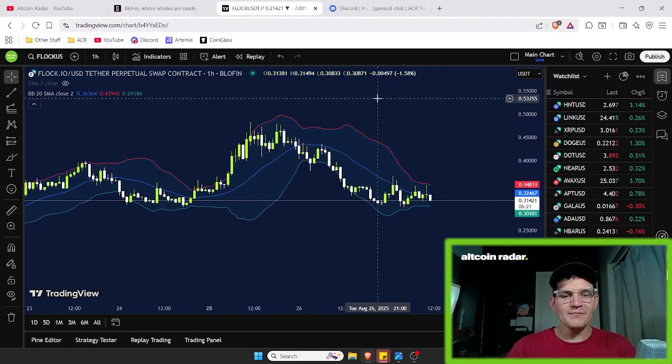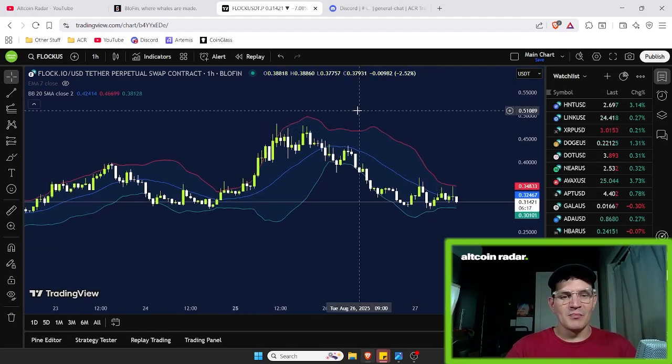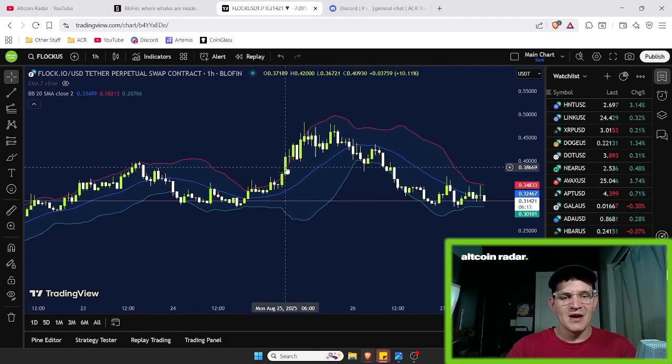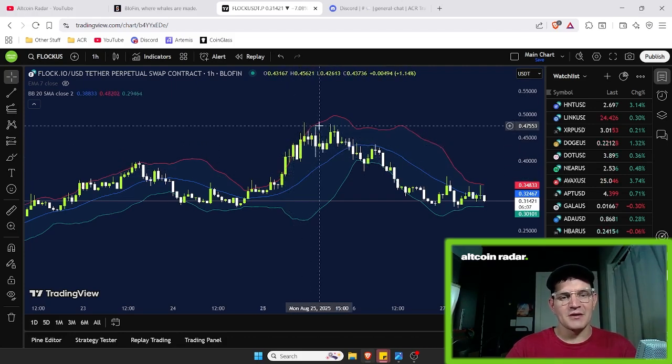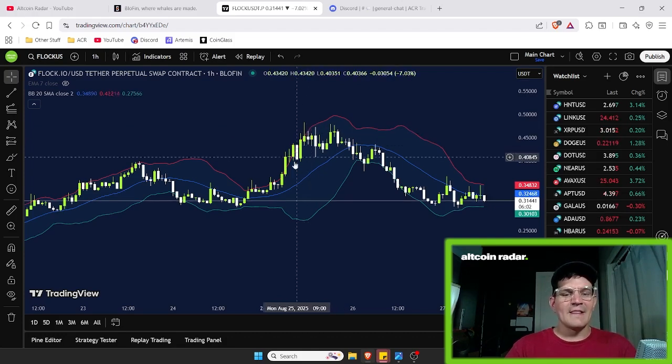And for some people, that's all they use, and there's nothing wrong with that. So with Bollinger Bands, the way that you can tell that things are overbought is simply if price action, the candles themselves, are pushing above the top line right up in here. That is going to tell you that things are extremely overbought or starting to get overbought,